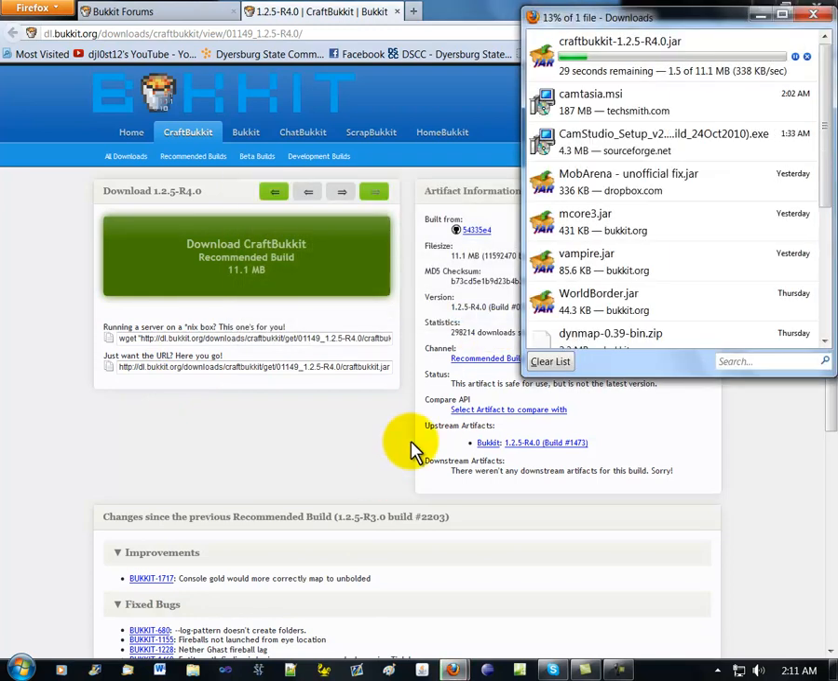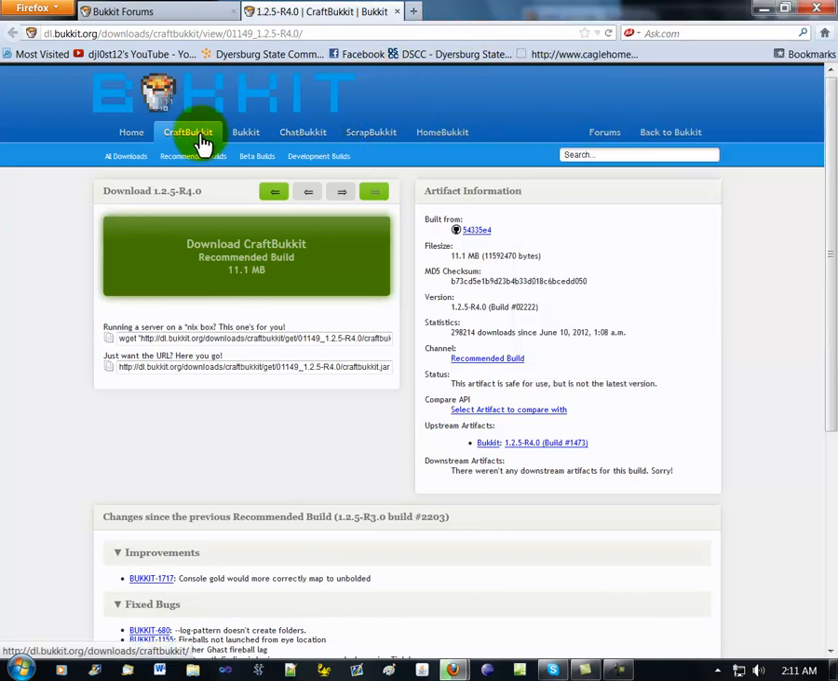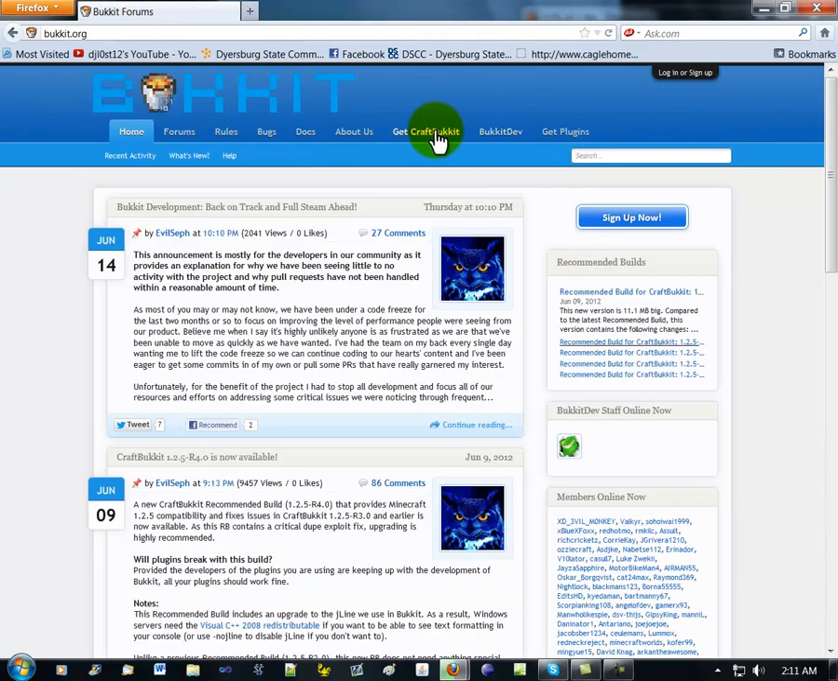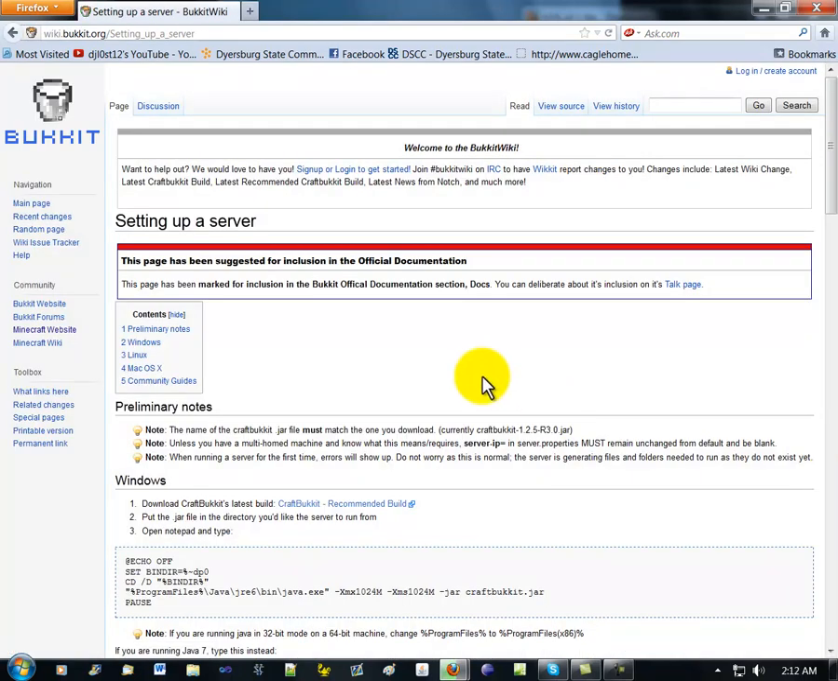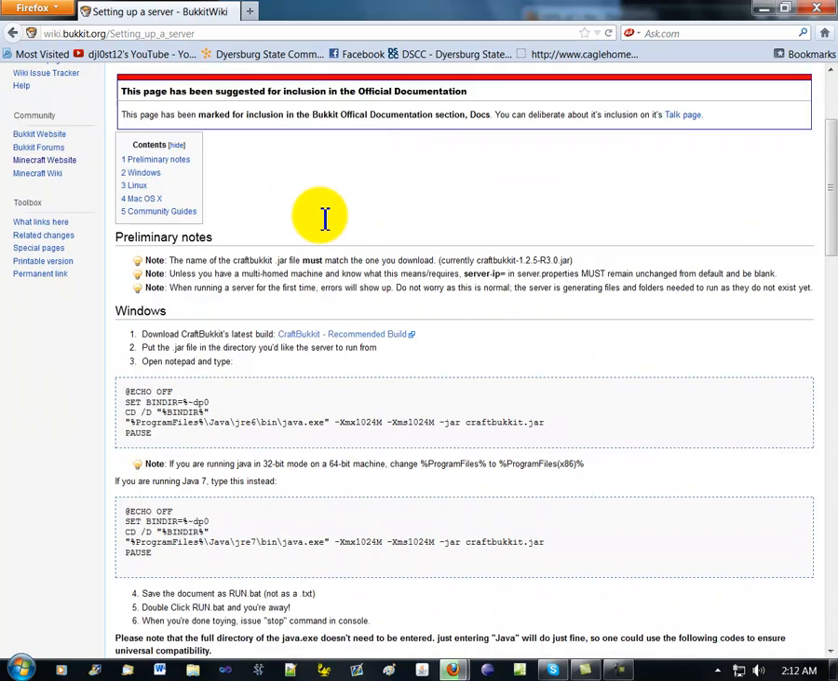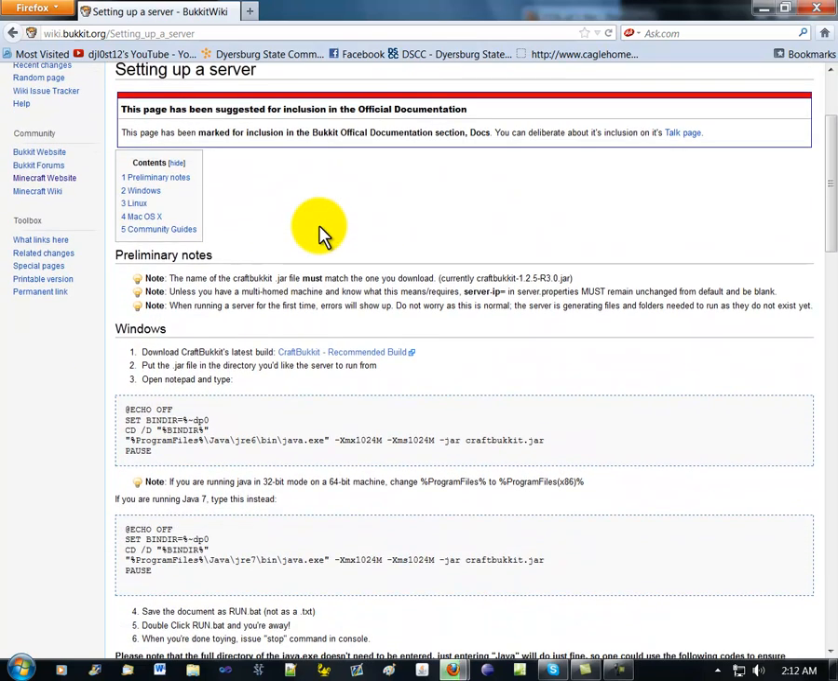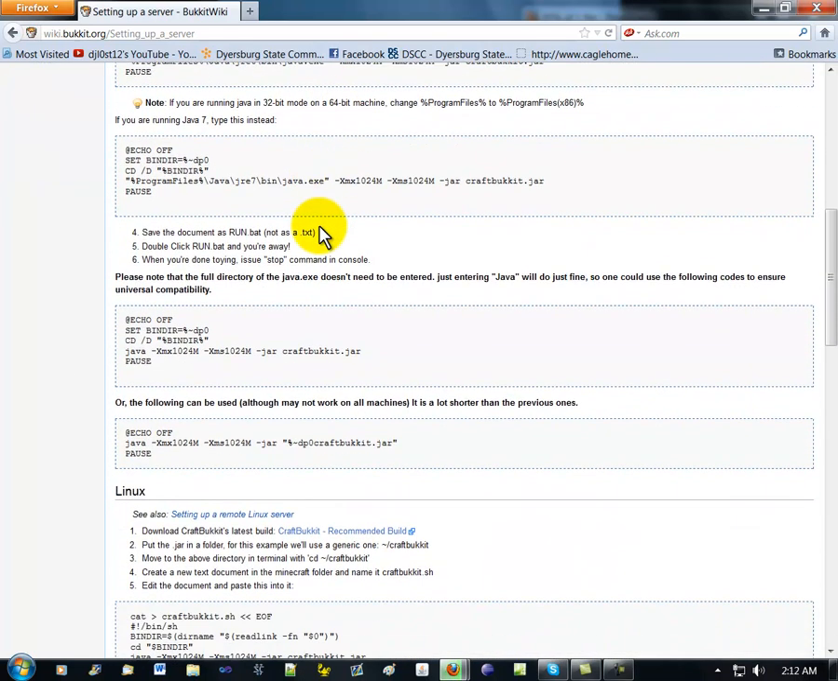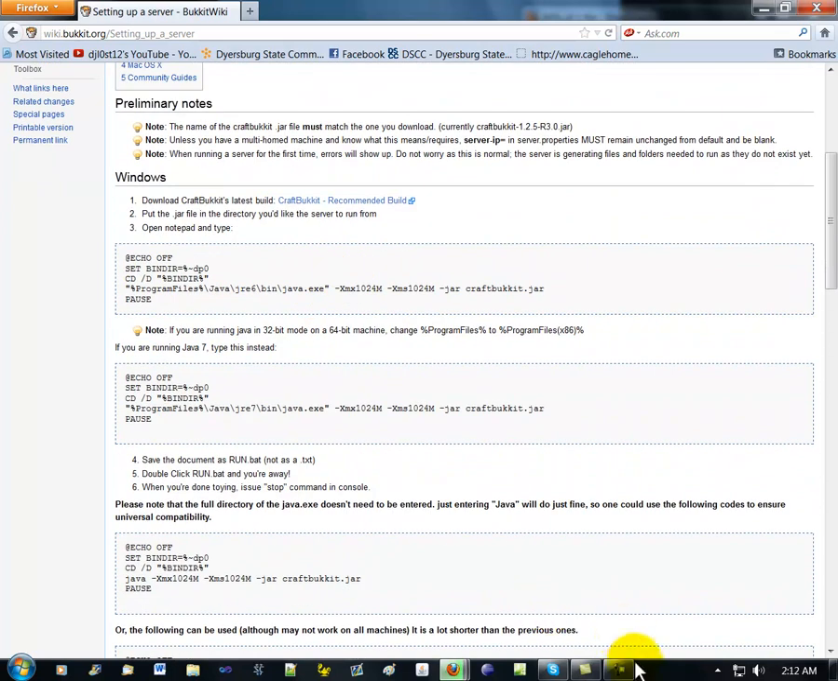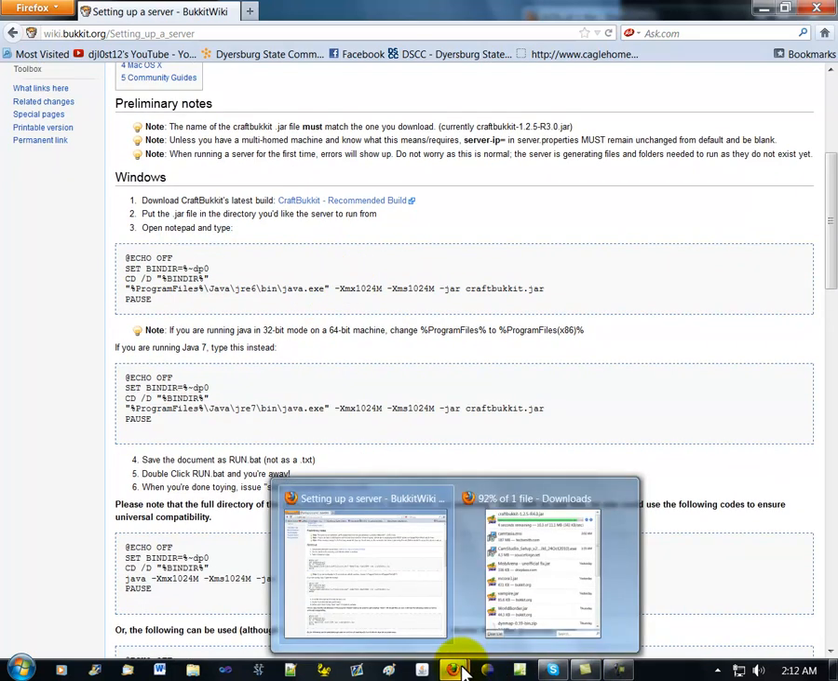When it says save the file, go ahead and save the file. And we're going to wait for it to get done. While we're waiting for that to get done, we can go ahead and close this. Go to Get CraftBukkit. This page here will give you more or less pretty much the instructions that I'm giving you. So once this is downloaded,